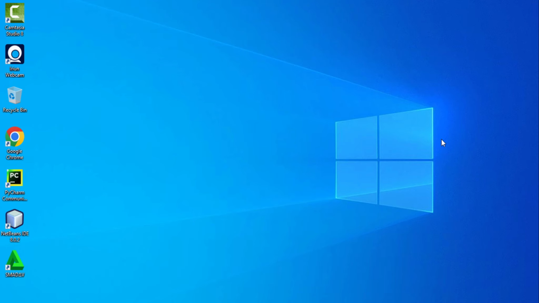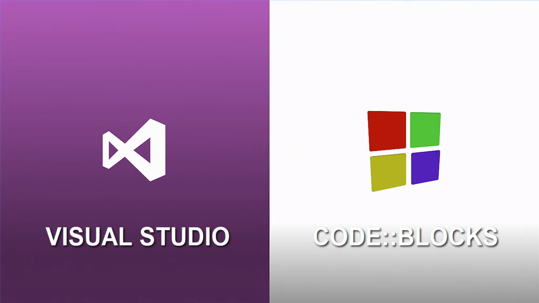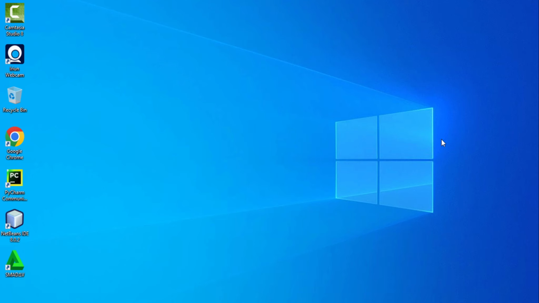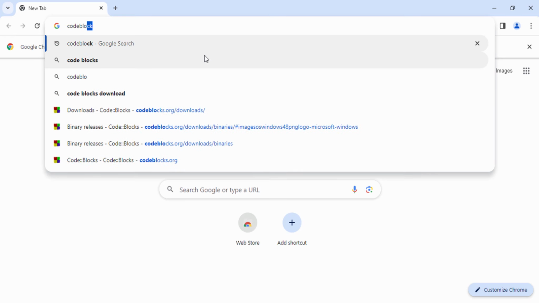And actually, there are many IDEs available if you search for C++ IDEs in your web browser, like Visual Studio and CodeBlocks. But in this tutorial, I'm going to use CodeBlocks because in my own opinion, I think CodeBlocks is easier to get started with compared to Visual Studio, which is somehow overwhelming for beginners, even though Visual Studio is a really powerful tool. So anyway, let's get started by downloading CodeBlocks by typing CodeBlocks in our web browser